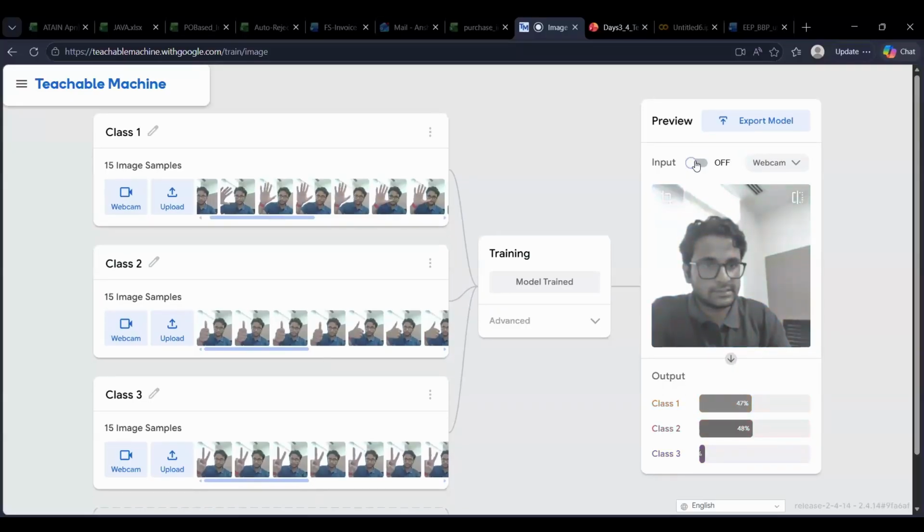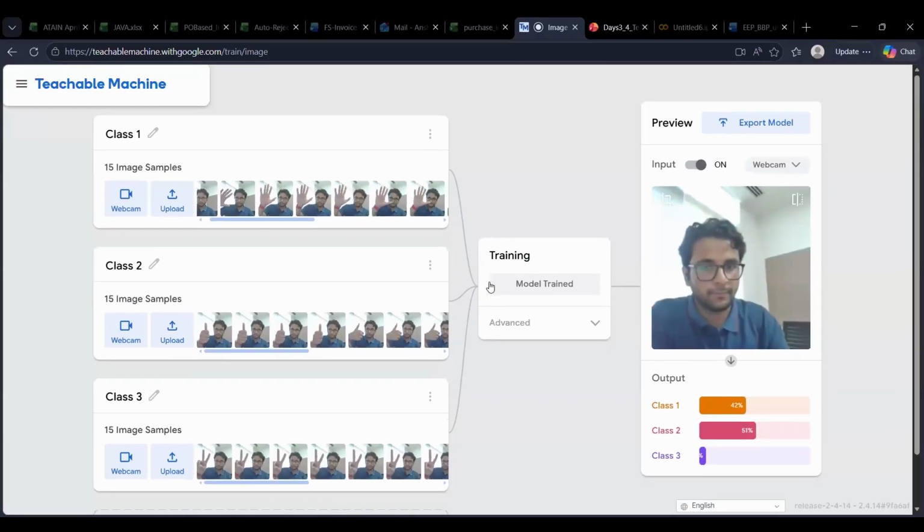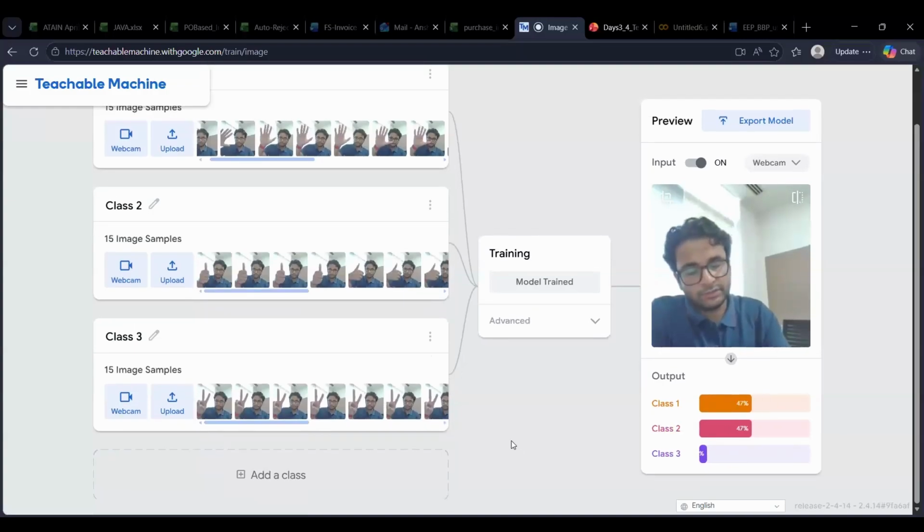Sir, can we use this website to train any model? No, you can use this just for understanding. You can export this model as well. This particular scenario is only being used for a classification problem, not any more complex problem. But just to showcase an example, you can easily use this, export the model, and import it in your Python program as well. No issues for that. Okay, sir.